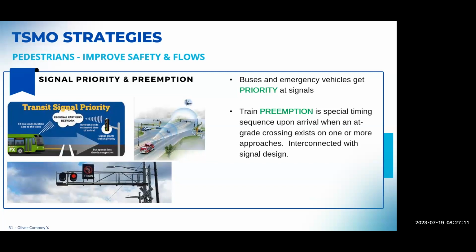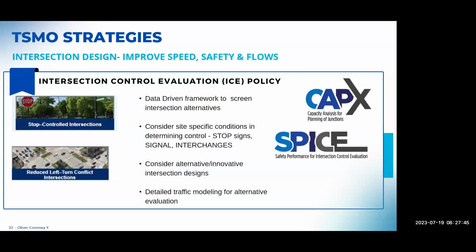We also do a lot of priority and preemption. What it means is we design our traffic signals so that when a bus, or let's say a fire truck or an ambulance, gets to it, they are able to send a signal to the traffic controller and it immediately gives them the green so that they can get through the intersection. Same thing with trains. When we have the at-grade intersection, we ensure that the train sends a signal before it gets to the intersection so that the arms can come down and the vehicles get stopped. So we eliminate all those car and train crashes.